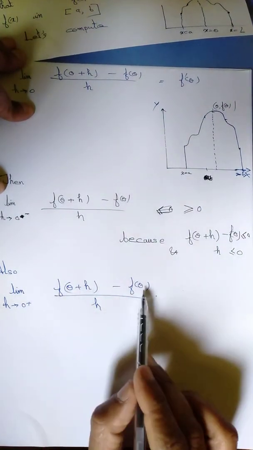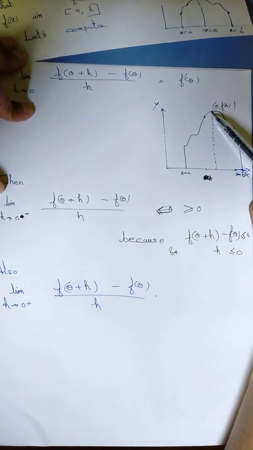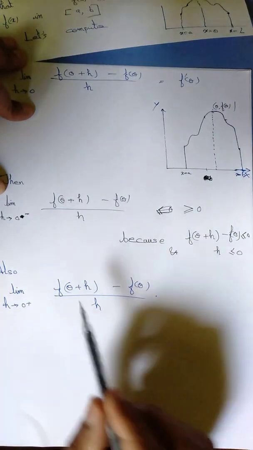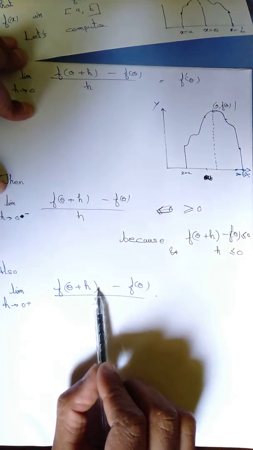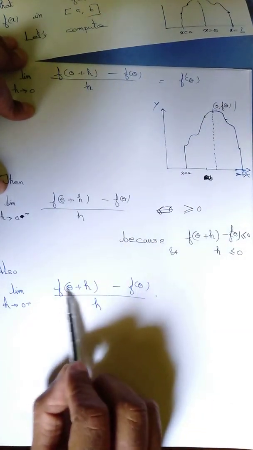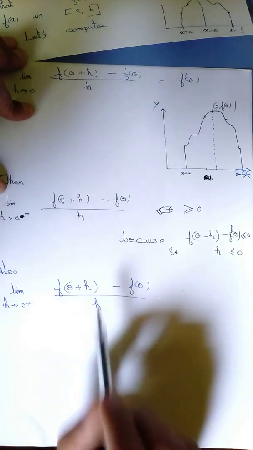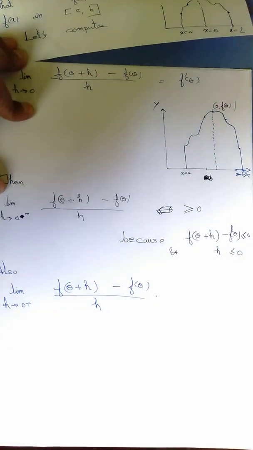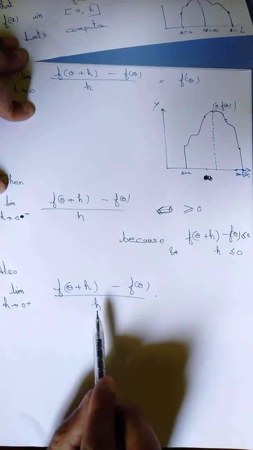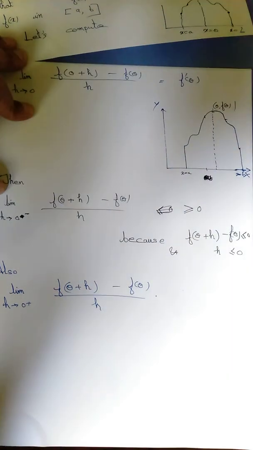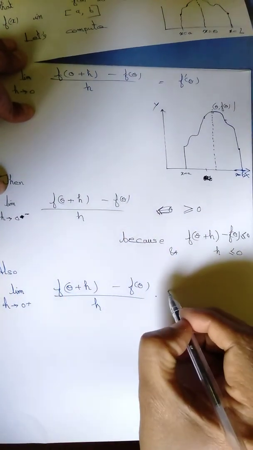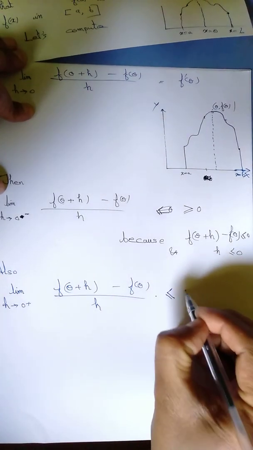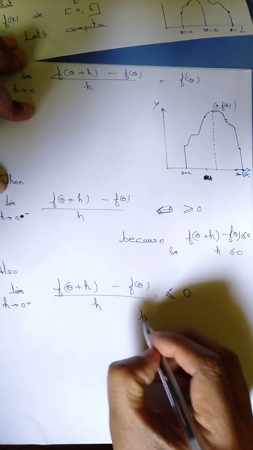Once again, f theta is greatest, so f theta plus h has to be smaller than f theta, so the whole quantity, the difference, has to be negative, whereas h is positive. Negative by positive will be negative, because